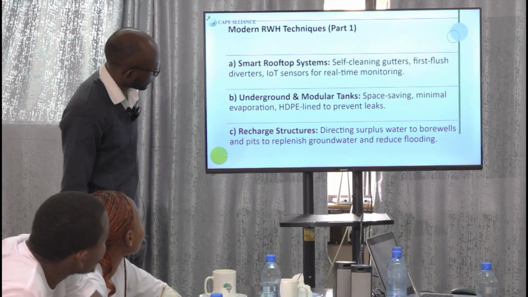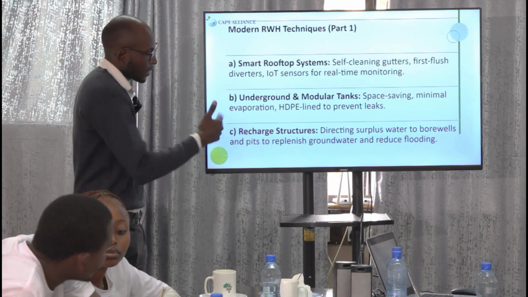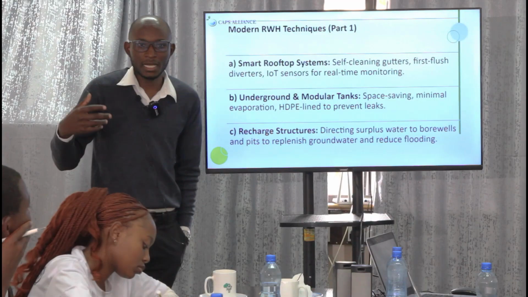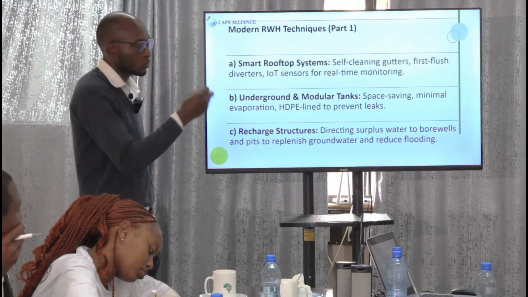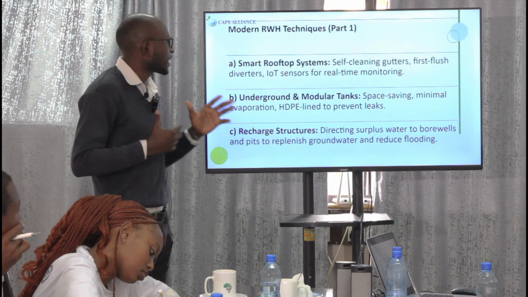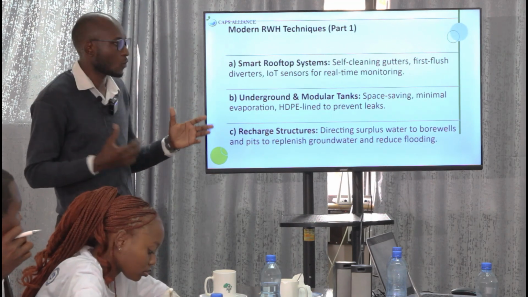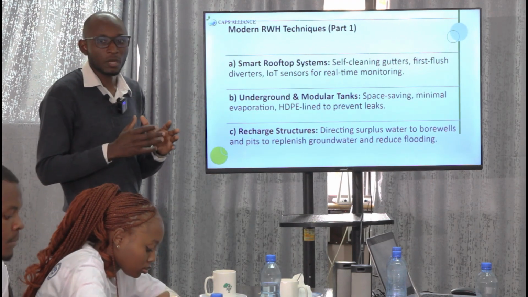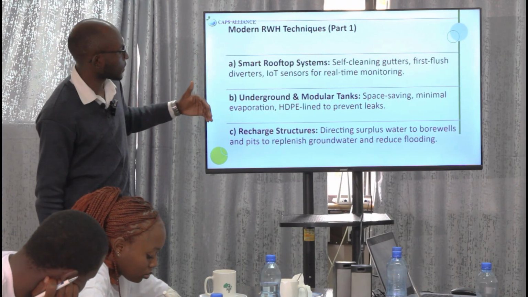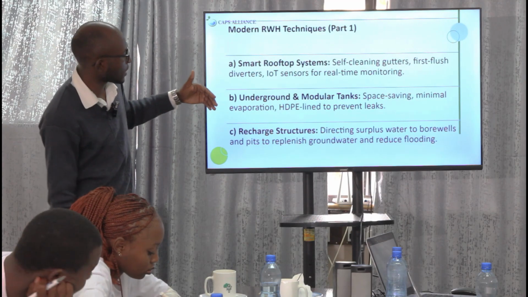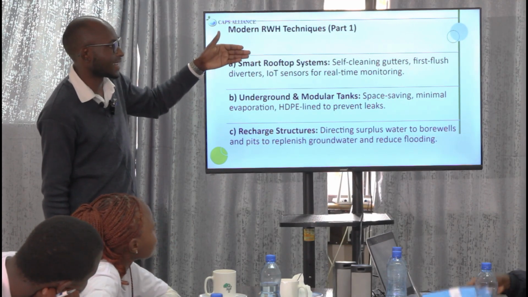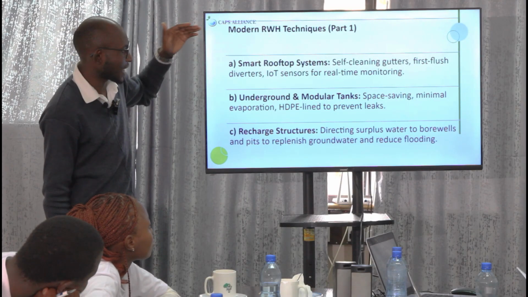Then we are going to look at different systems, and I'll mention them as I pass through. This will be a key takeaway for us. It's good for you to note down, so we can do more Googling and research to find out how a smart rooftop system works and how underground modular tanks work, because we don't have adequate time for all this. But these are some of the systems that are actually enhanced. One of them is smart rooftop systems, and this entails things like self-cleaning gutters, fast flush diverters,